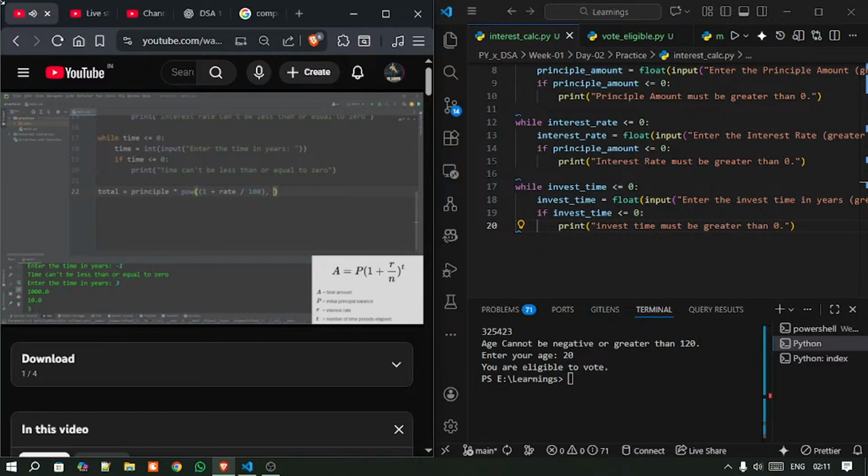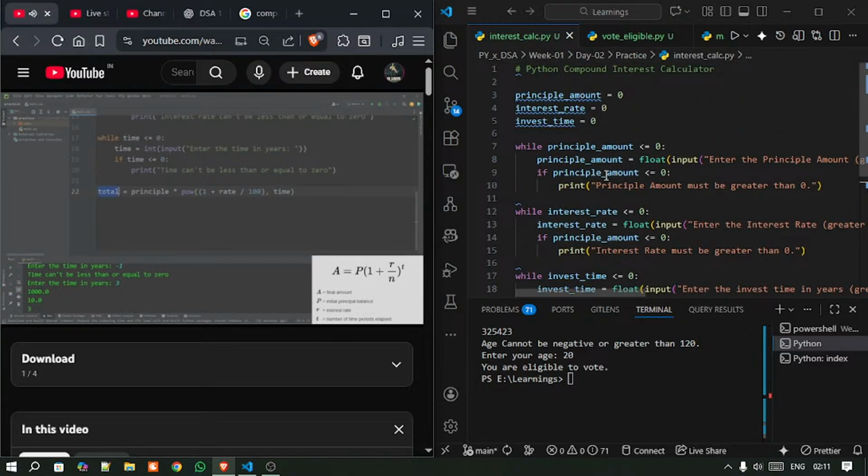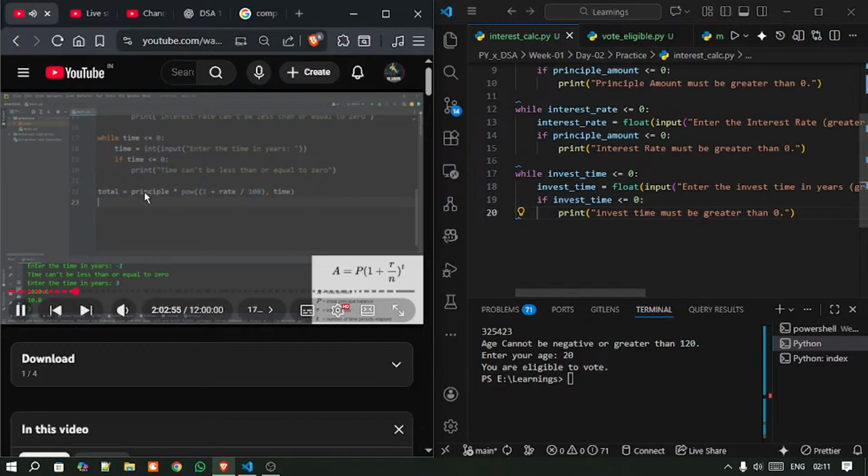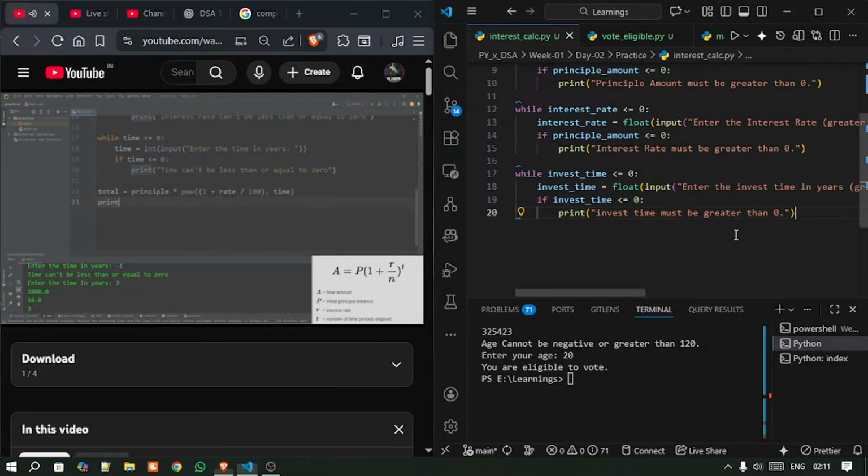Raise this function to the power of time. And that is how to calculate compound interest. Then we will print